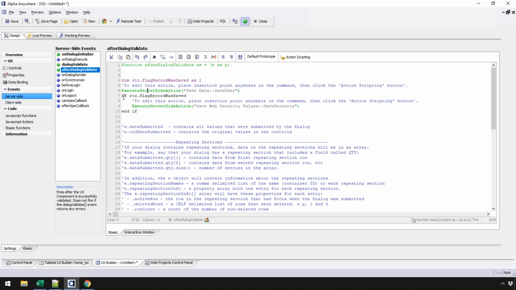Then if it is successful, you'll notice it's doing an if statement. It says if this was saved. So if this is correct, then yes, it's saved in the extended table. I want to go ahead and save them into the security system. And this is important because if for whatever reason it failed inserting the person in extended user, you don't want an orphan record. You want to make sure you have a record in the extended user information table and also a record in the